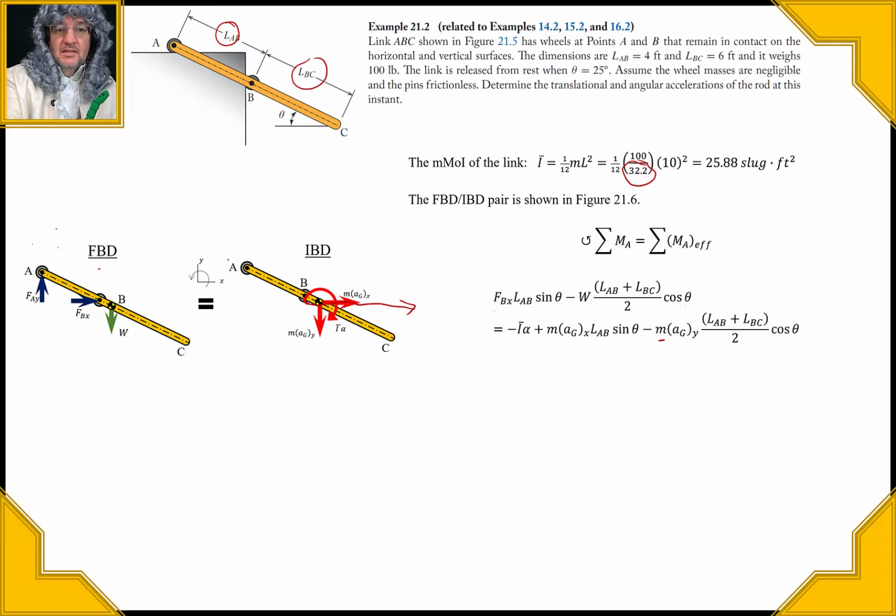And because it was, we're taking this distance right there. So that's the